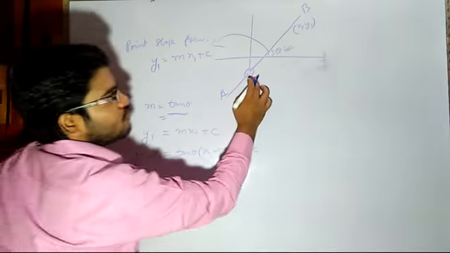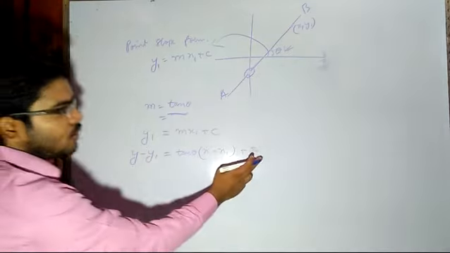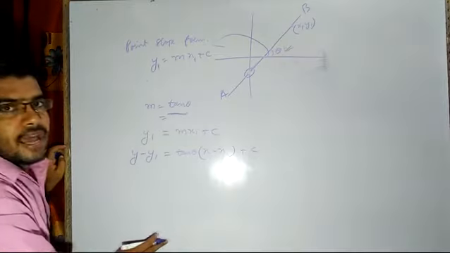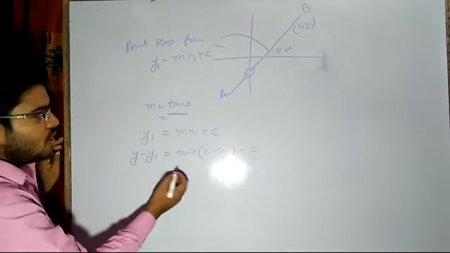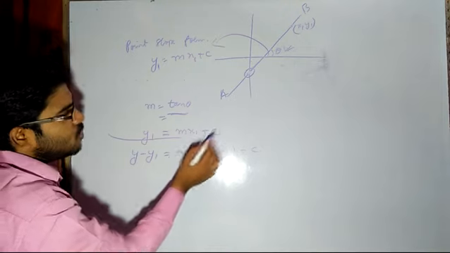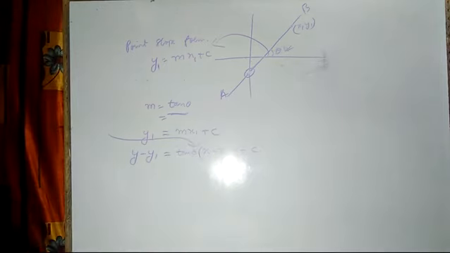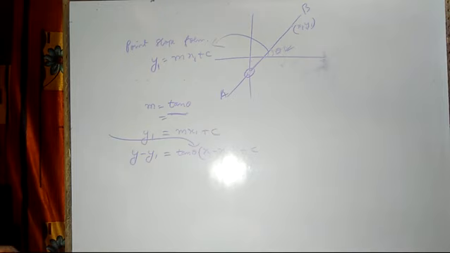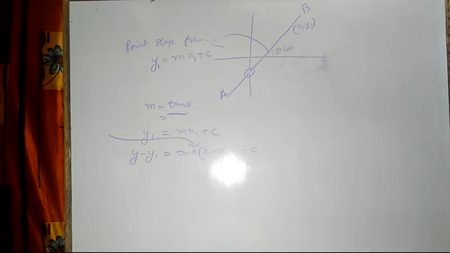Now c you have to find out and put. So how are you going to find it? They will ask you to find the value of c and all those things. So how are you going to find it? You will just put the values and then you will get the result. So this will give you the point slope form. Since you will be having the y is equal to mx plus c form, you will get the result.